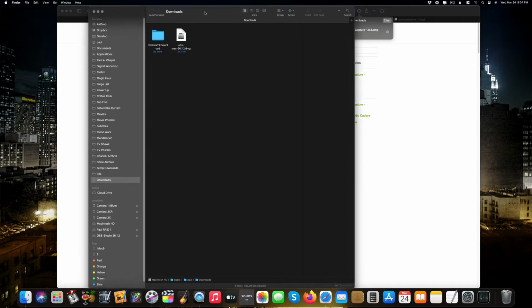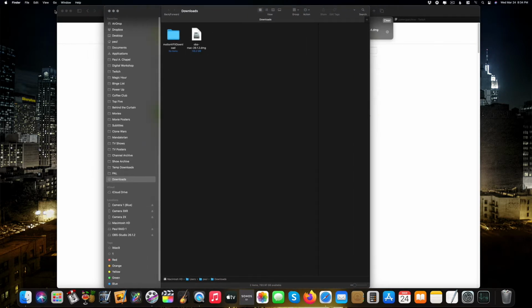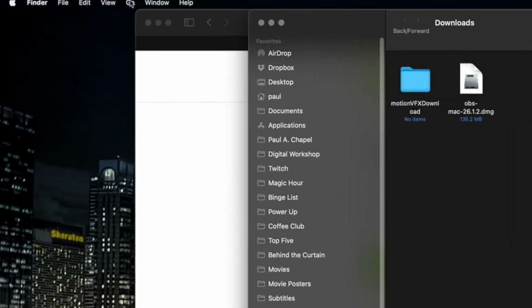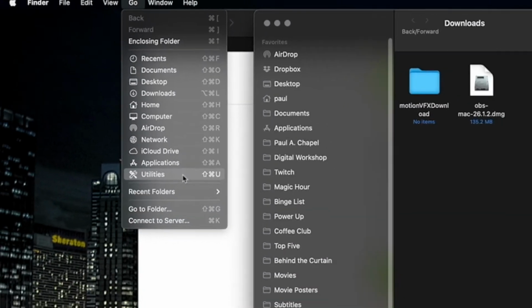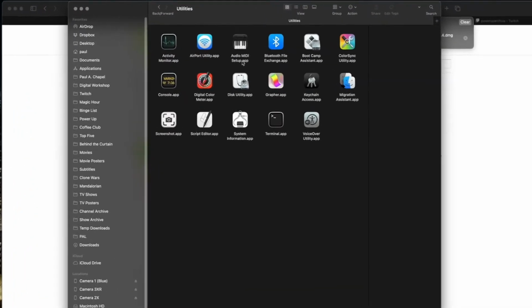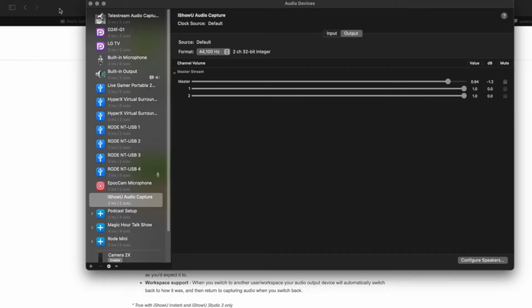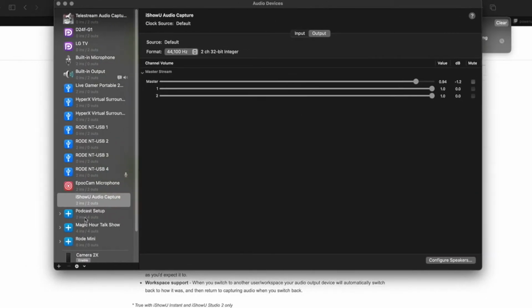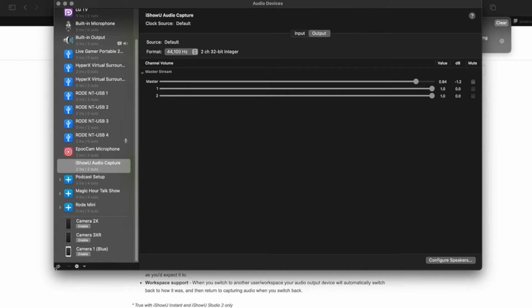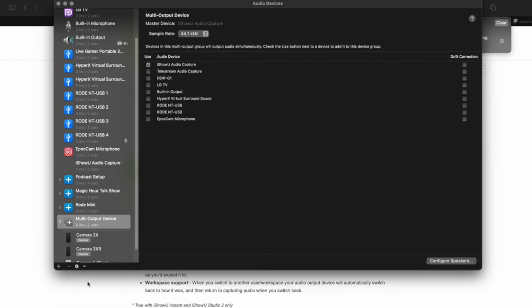Actually, we're going to keep open the Finder because we're going to need an app called Audio MIDI Setup. Now, you've probably seen this app in some of my other lessons. You're going to go up here to Go in the Finder and go down to Utilities, open that up, and you're going to go to Audio MIDI Setup and open this. Now, what you need to do, as you can see here, iShowU Audio Capture is installed. You're going to go down to the bottom to the plus sign, click on the plus sign, create a multi-output device,